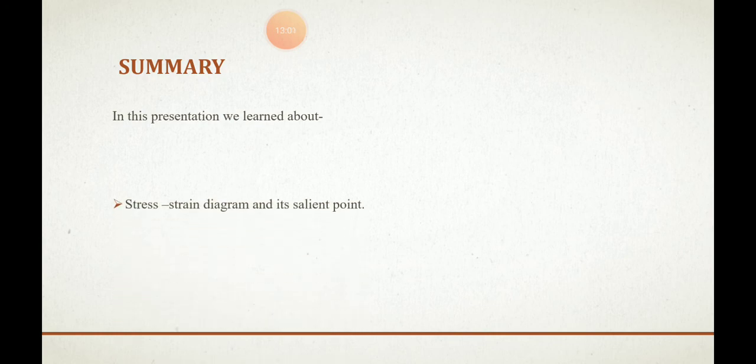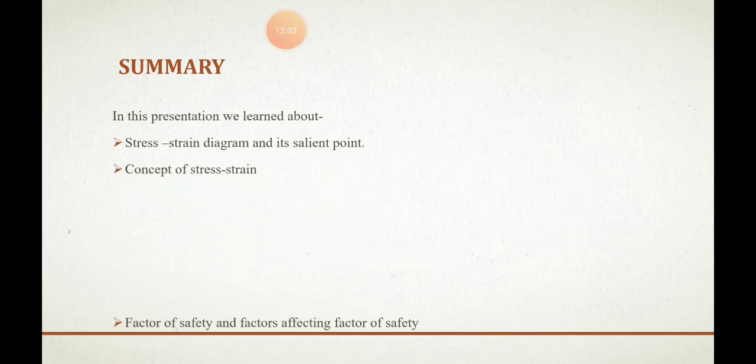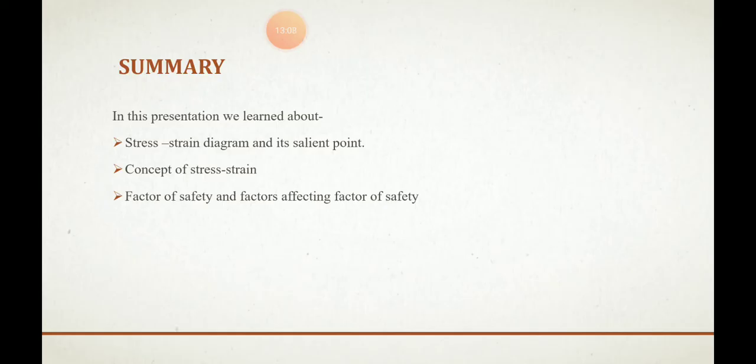Okay, so let us come to the end of the second presentation on the first chapter. What we studied in today's lecture: we saw the stress strain diagram for the mild steel. We studied the factor of safety. We studied the concept of stress and strain, and in the factor of safety we have written the formulas for both the mild steel, that is ductile material, as well as the cast iron, which is the brittle material. I hope the concepts are clear to you.